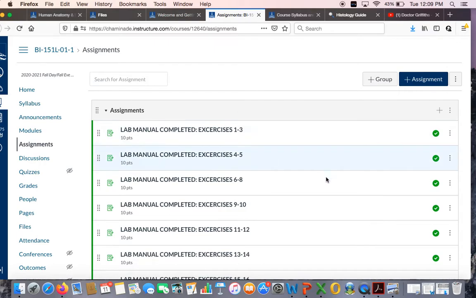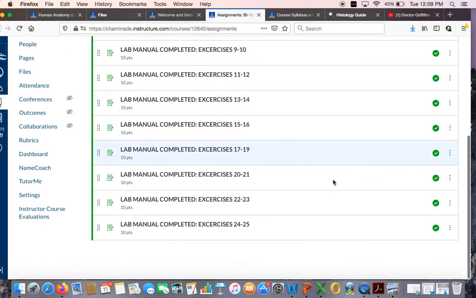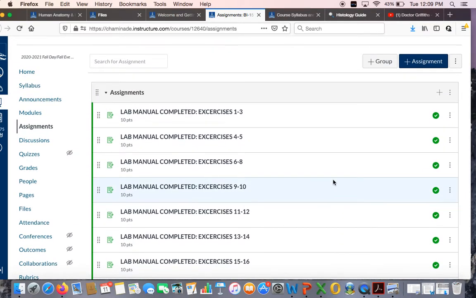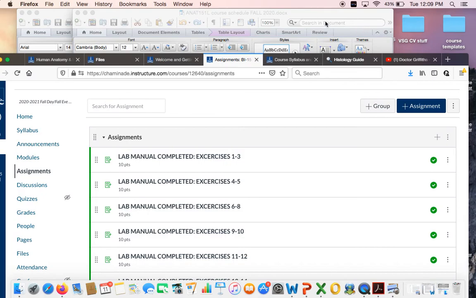They're worth 10 points each, which does add up because there's 11 of them, so that's 110 points that'll be used towards your class participation. And that in combination with the 3 lab exams, which again are going to be denoted on the recommended course